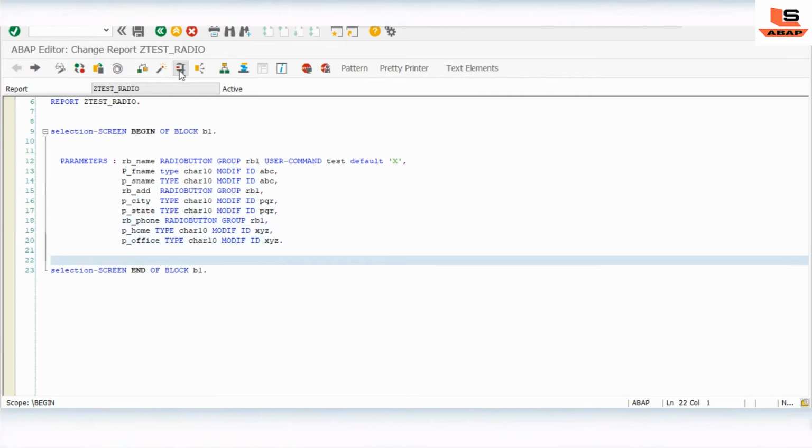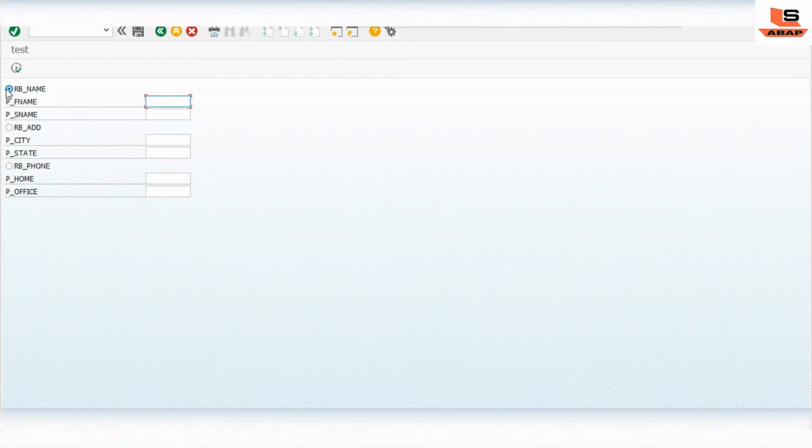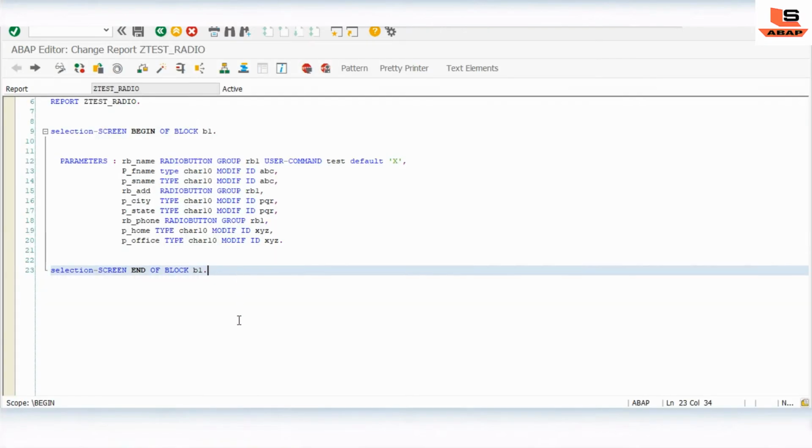Let me execute. As you can see, all the fields are shown on this selection screen. Let's go to the coding part.